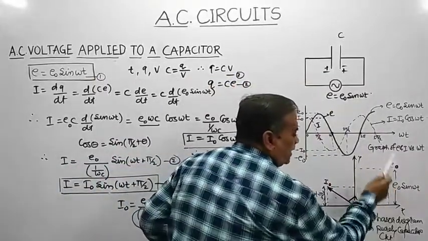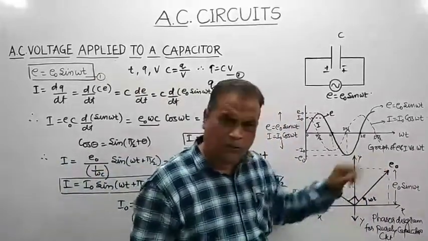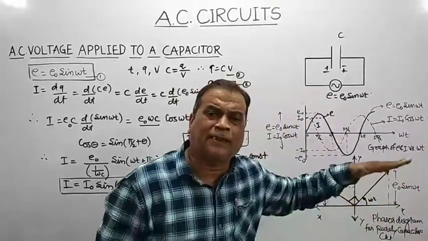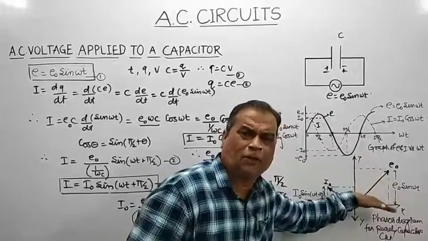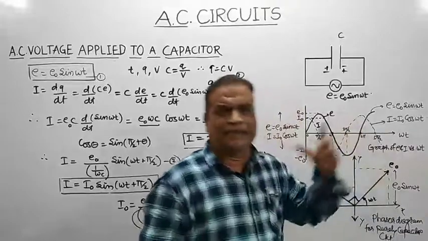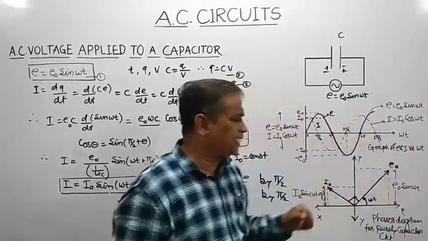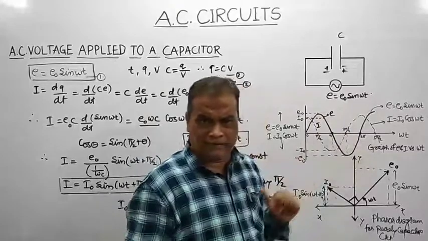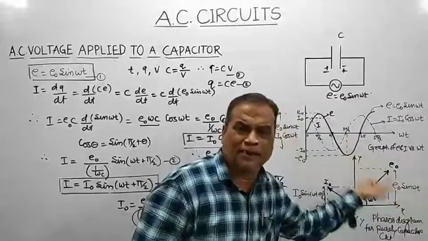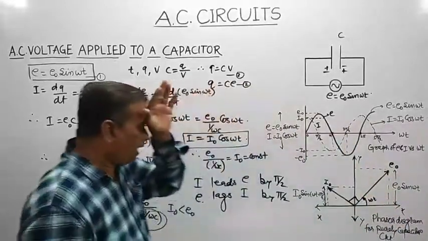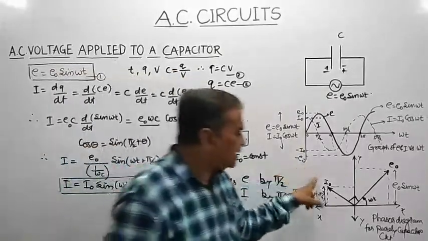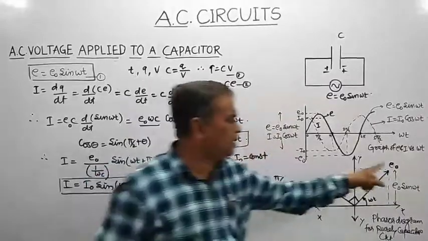the phasor corresponding to the peak value of alternating EMF is E0. It is inclined with the horizontal axis at an angle of omega t, and that is taken in which direction? Anti-clockwise direction. E0, the phasor representing the peak value of alternating EMF, is inclined at an angle omega t with the horizontal axis, and that phasor is rotating in anti-clockwise direction. And since in case of a purely capacitive circuit, alternating current leads the alternating EMF by a phase angle